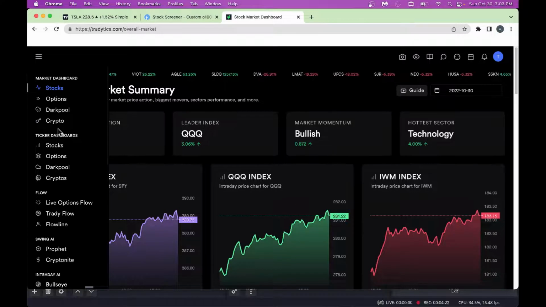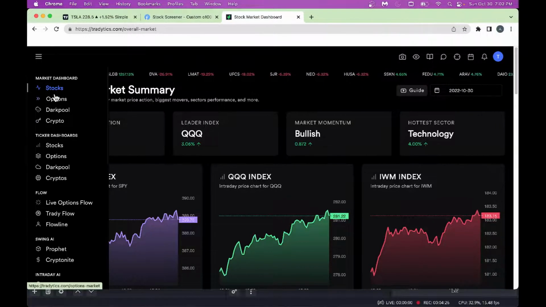It's about the broader market and what's going on in the market itself. Once you see what's going on here, then you can go into the ticker dashboard. The ticker dashboard is about a particular stock itself, and you could see how the stock is doing. You get a nice ticker dashboard for a stock like Tesla or AMD as an example, and then you can go into the options and see how the options are